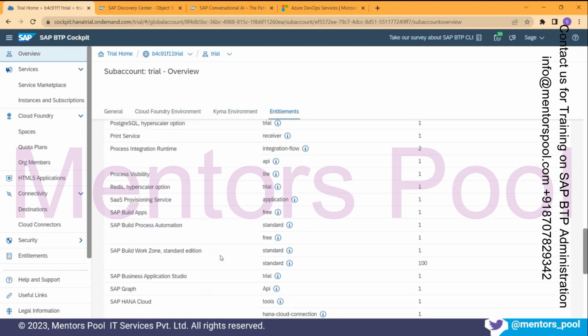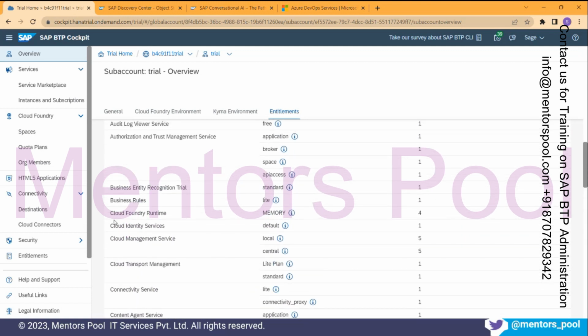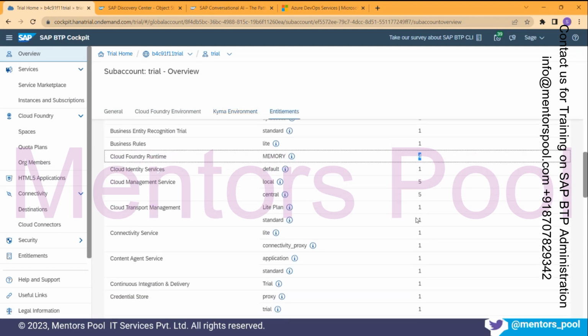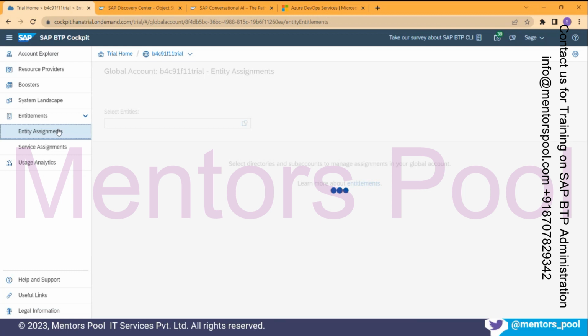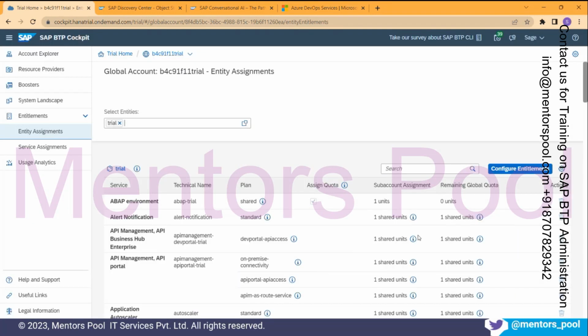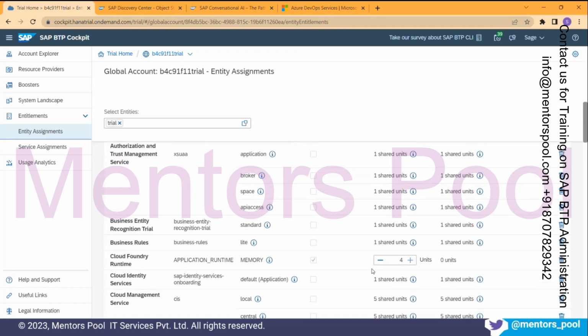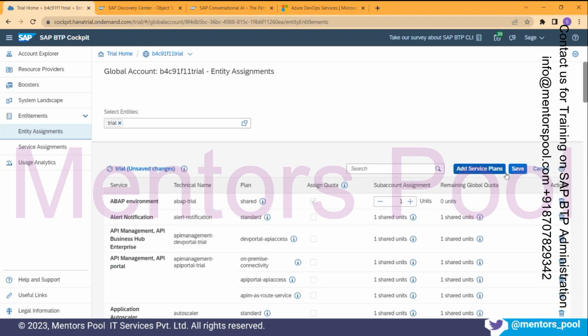Now, for example, you have this Cloud Foundry runtime here. Right now, it is showing me 4 units available. The quota for this Cloud Foundry runtime is 4. This is available to me here because at my global account level, if I go to entity assignments and choose the trial sub account, I had given these 4 units. Now, instead of 4 units, if I give it 3 units and then save it,